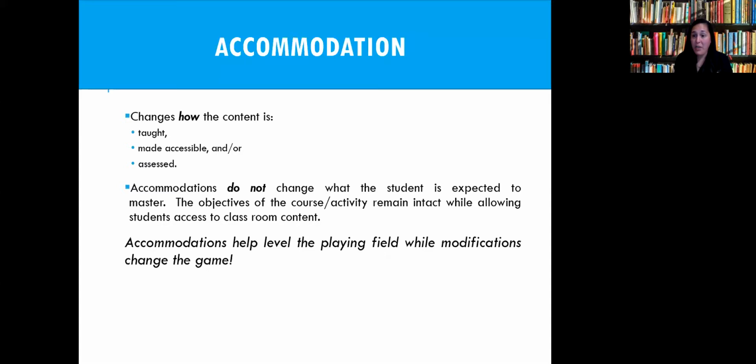Modifications really talk about changing it up for them, right? So now the assignment that they have to do has been changed in such a way that it is individualized to this particular person. So I maybe will take an assignment that's 40 problems, and change it so this individual only has to do 10, but I'm still able to determine that they understand the content.